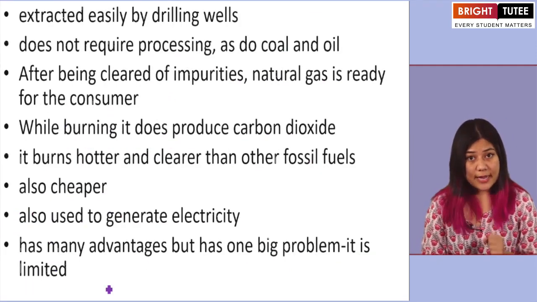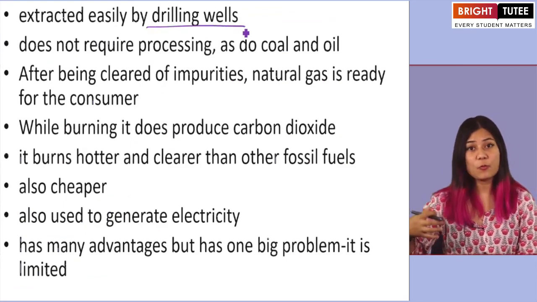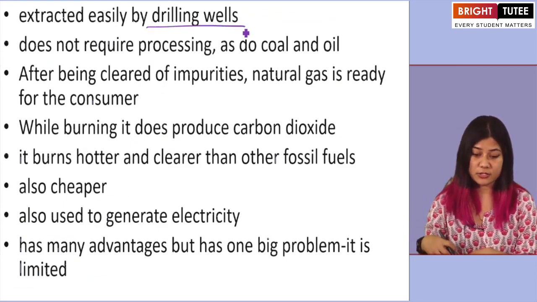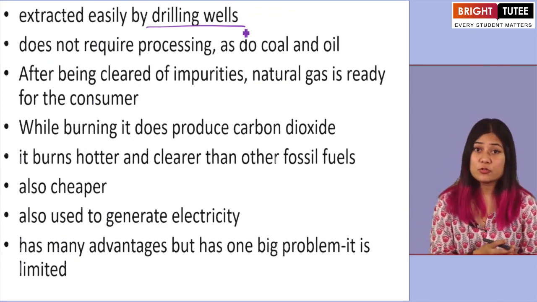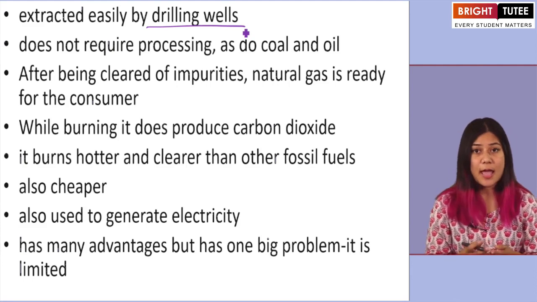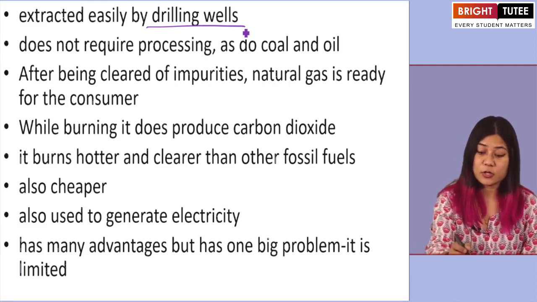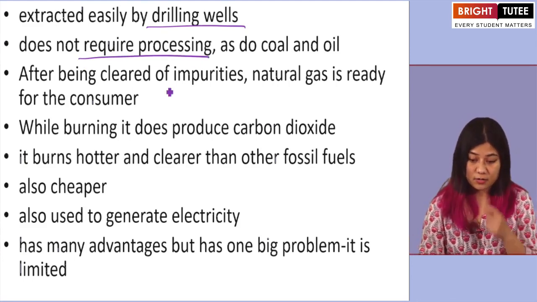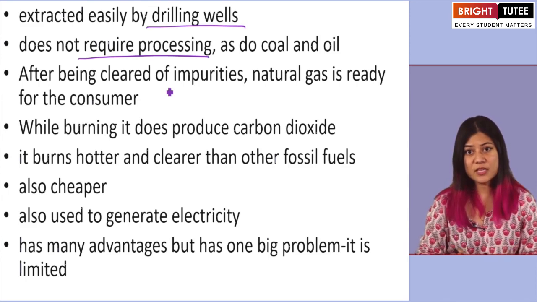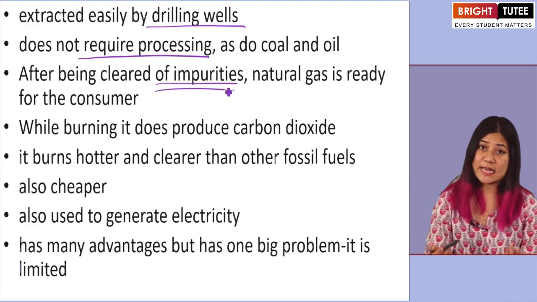It is like petroleum, extracted by digging wells into the earth's crust. But unlike crude oil, petroleum and coal, natural gas does not require a process of refining. It just has to be cleared of impurities,